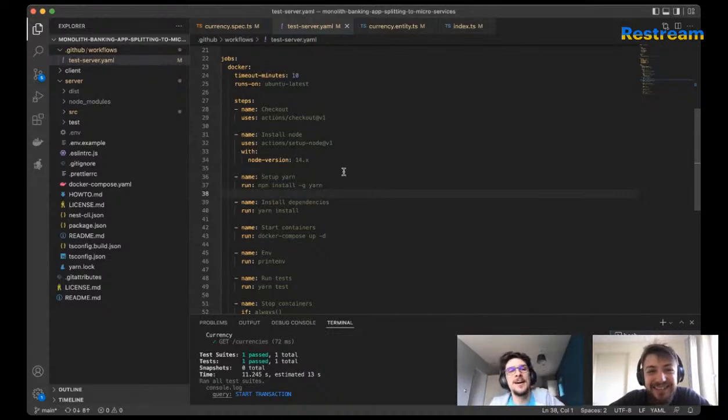So you can read these steps like a poem if you want. Here are basically the things: we need to check out the repo.